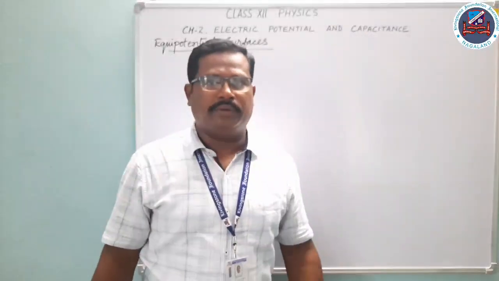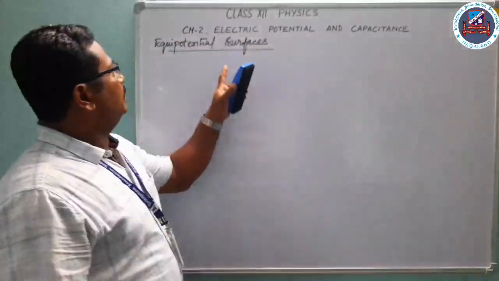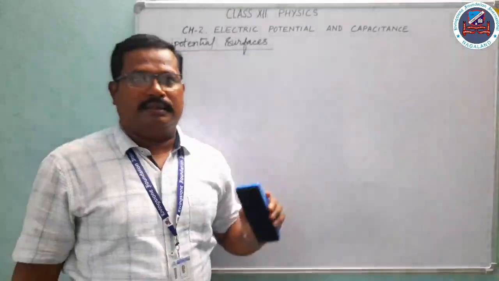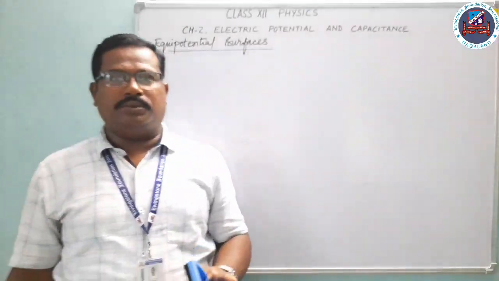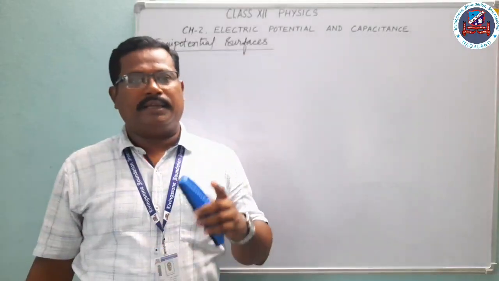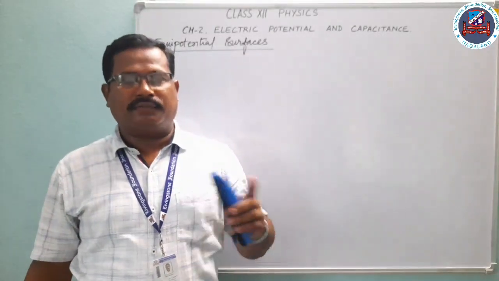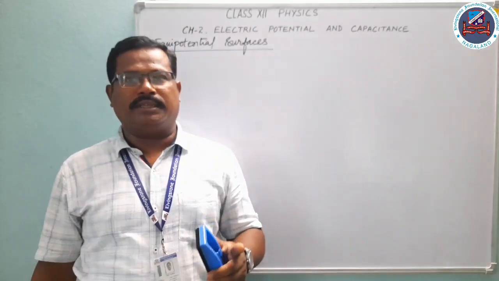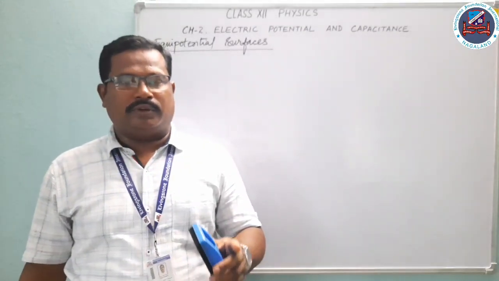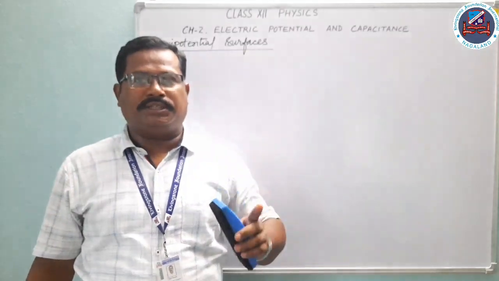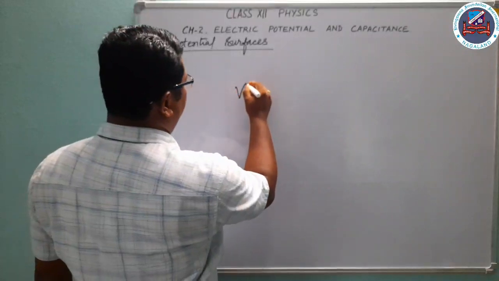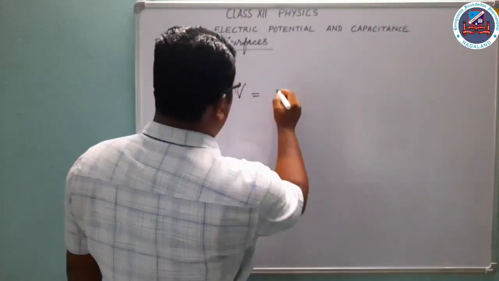Hello, today we are going to learn about equipotential surfaces. Any surface which has the same electrostatic potential at each point, that surface we call an equipotential surface. Suppose for a single charge Q, the potential due to a single charge V is equal to